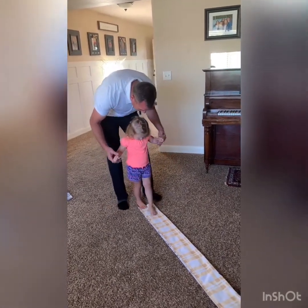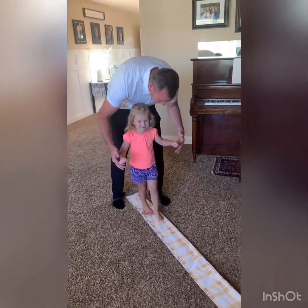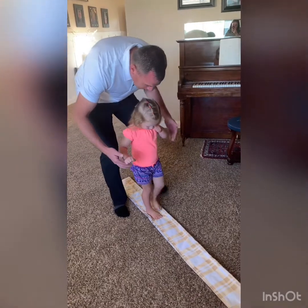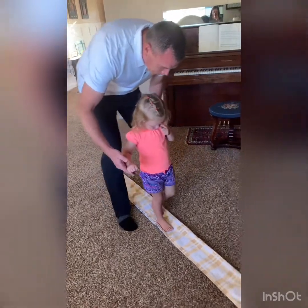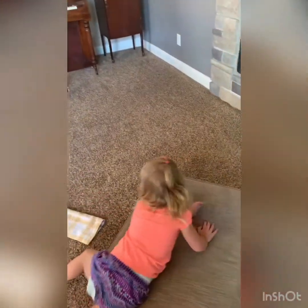Walk. Yep. Stay on it. And stay on it. Good. Big steps. Big steps. Good. Good. Good. Good. Oh, jump in the cushion. Oh, good job. What you can do is just take a sheet or something that's pretty thin to begin with,